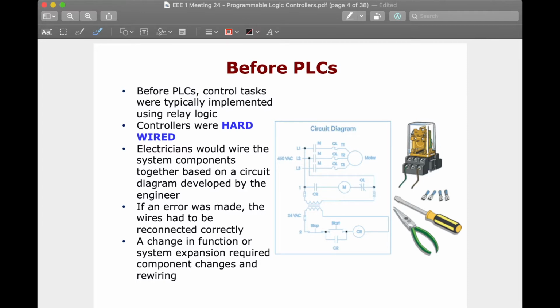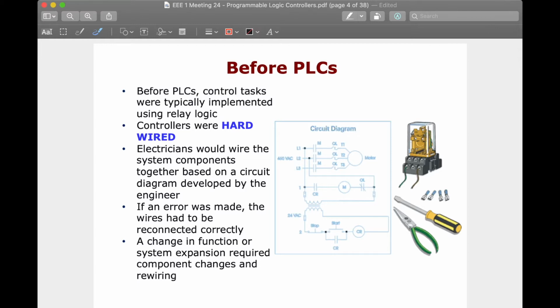That would also mean that if there was a change in function or if we want to update our operation, then we also need to rewire the entire system completely. And one of the main drawbacks of relay systems is that arcing can happen. The charges from one end of the contact to the other end of the contact can actually break the air resistance, and cause charges to flow through the contacts, even though they are intended to be open. When that happens, high temperatures are generated, which can eventually weld the contacts shut,